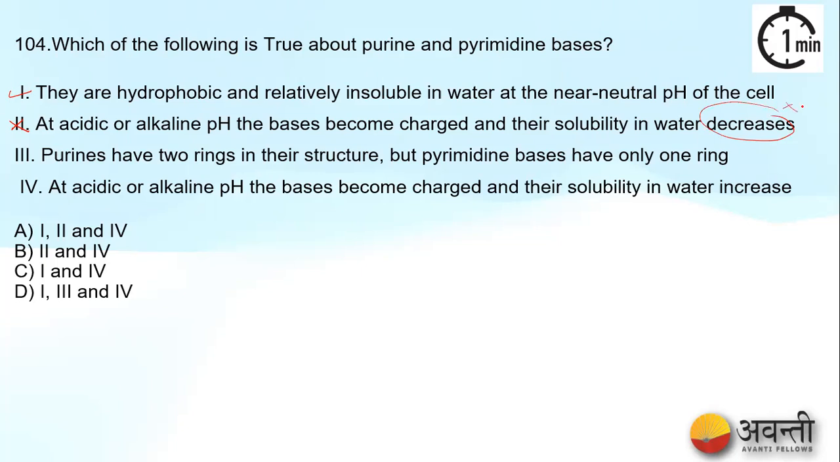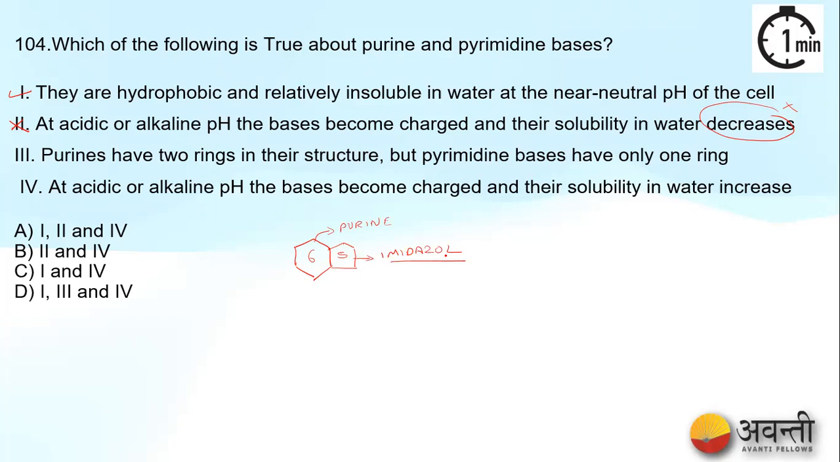And coming to the third option, purines have two rings in their structure, but pyrimidines have only one ring. This is the molecular structure of the nitrogen bases, which helps us identify these bases. Whenever it comes to purines, their structure is something like this, and we can find them having two rings. In one ring, you have six atoms. In another ring, we have five atoms. The six atom ring is called the purine ring, and the five atom ring is called the